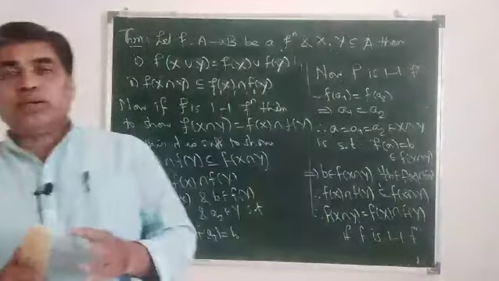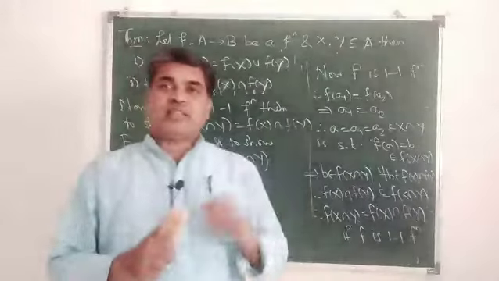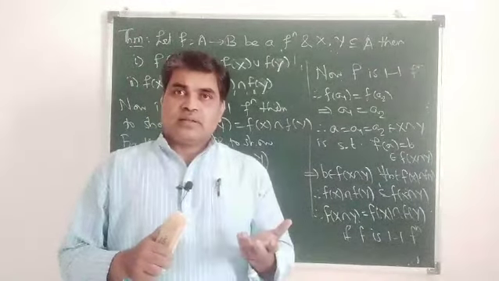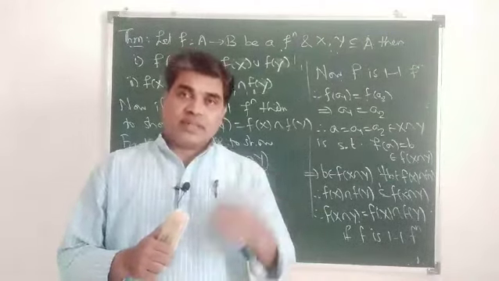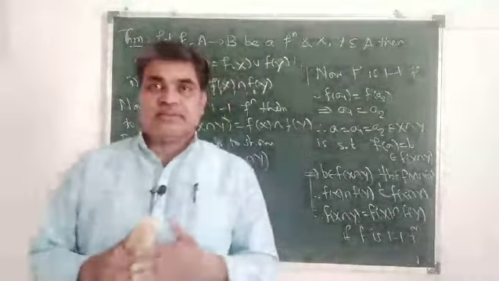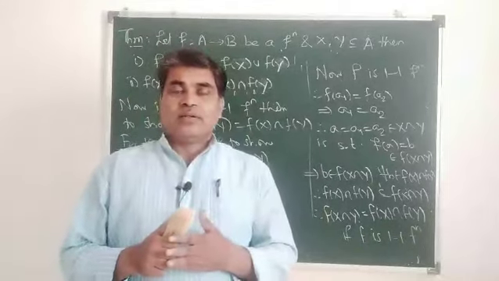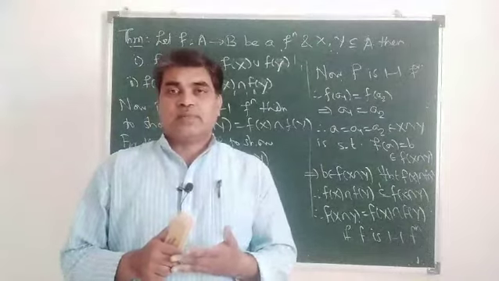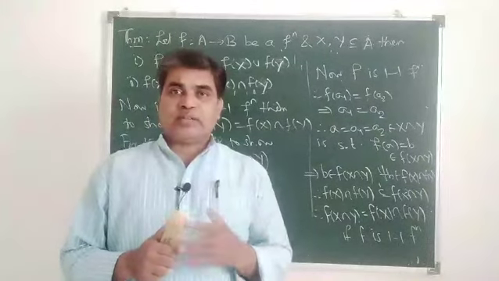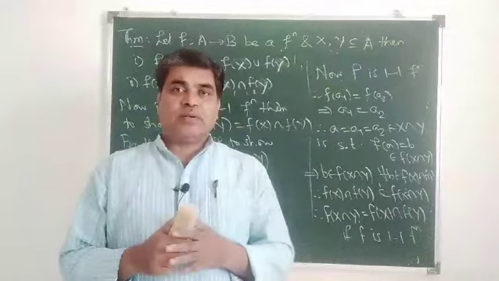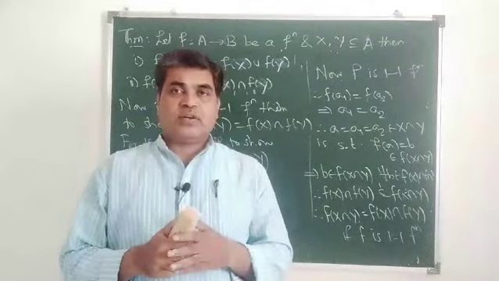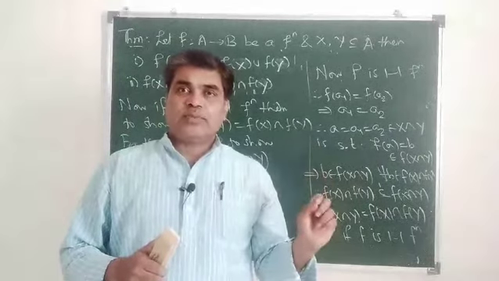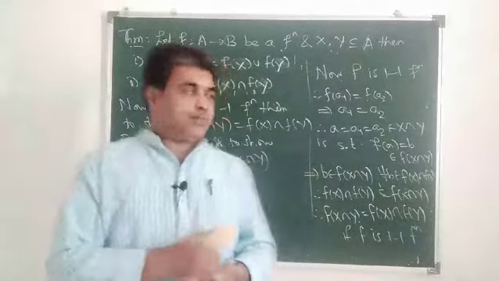So for these real valued functions, images are real numbers, and in real numbers we can take their addition, we can multiply a real number by another scalar, another real number. We can take the product of those two real numbers, we can define their quotients, we can take the maximum of those two images or the minimum of two images. So on the basis of this, we will see now operations on real valued functions.